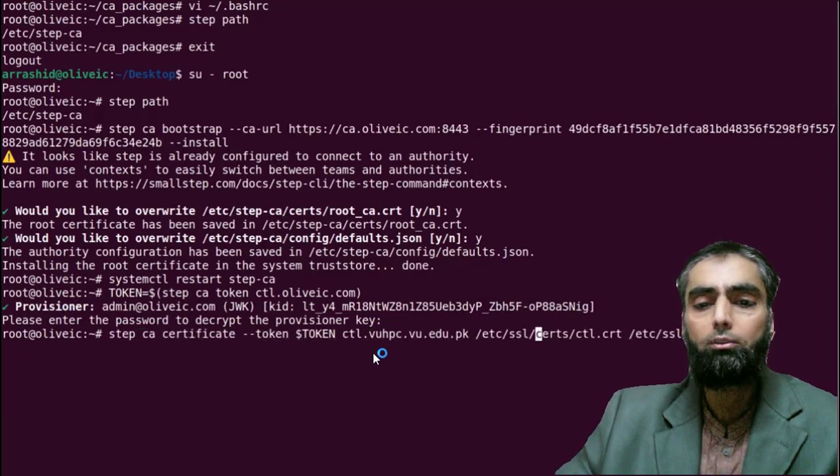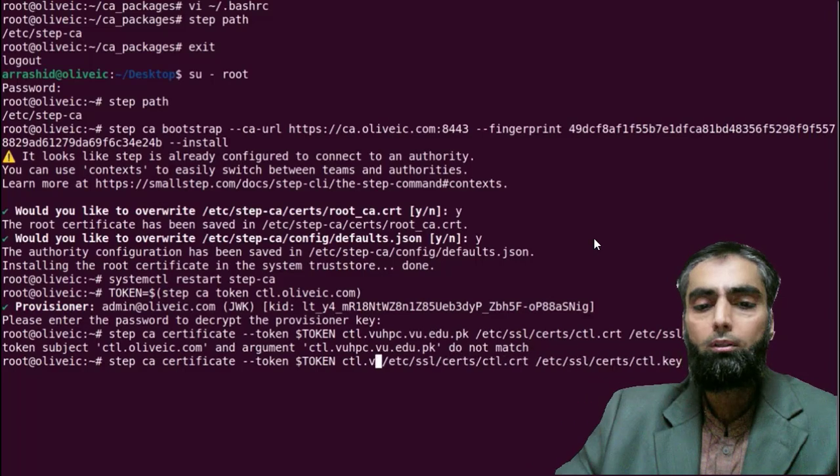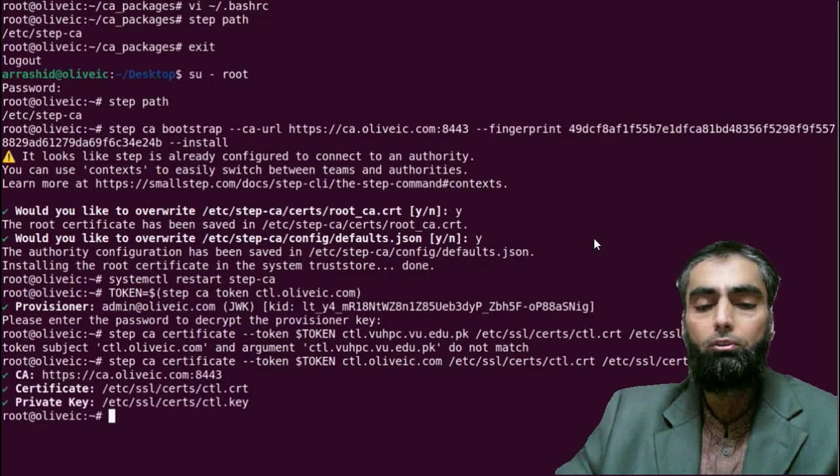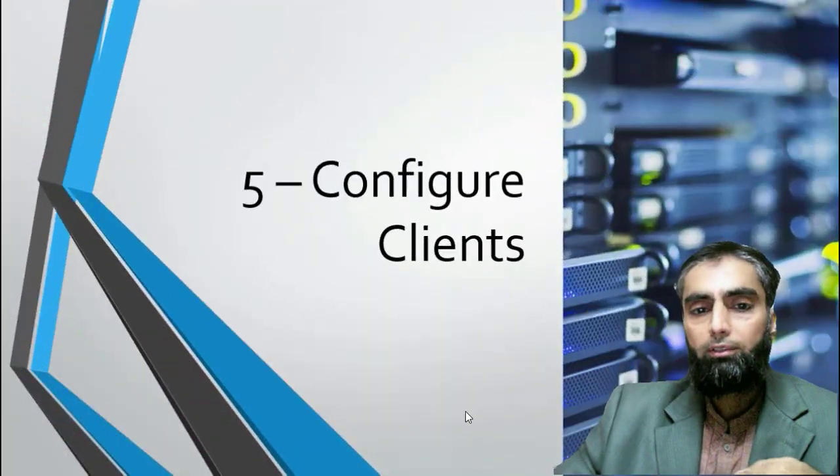We'll take the token as it is, but we'll change the subject name, which is ctl.olivik.com. Let me change the subject name, and the digital certificates will be created and the path will be shown there. So that's all the information. We have created the digital certificates, which can be used by other things. We can also check the connectivity to our CA server and the controller server by using the ping command. Okay, we configured the CA service,